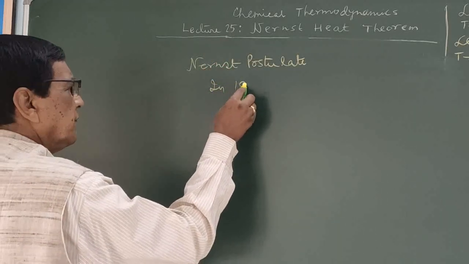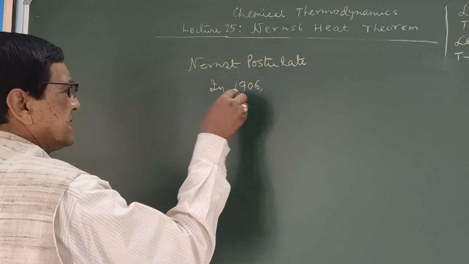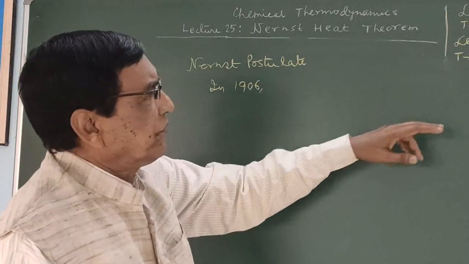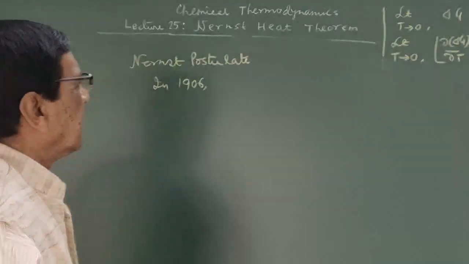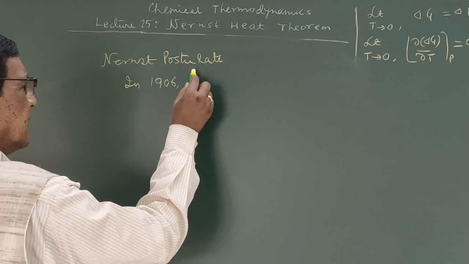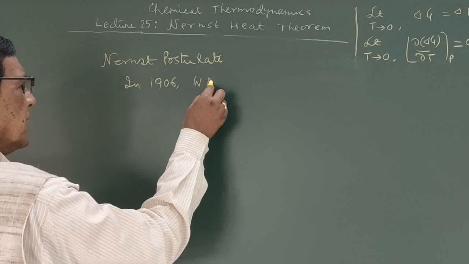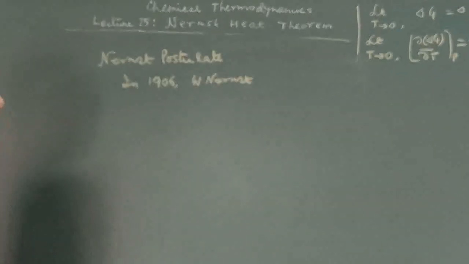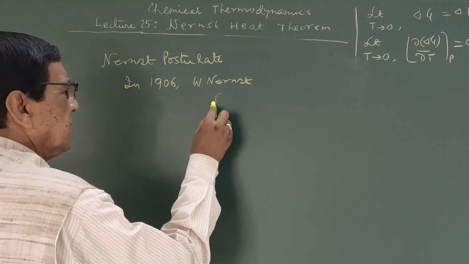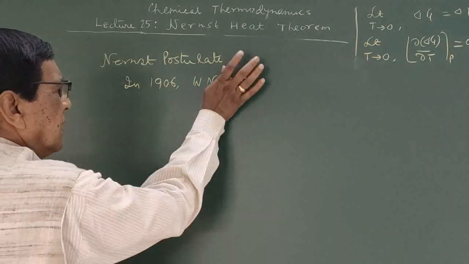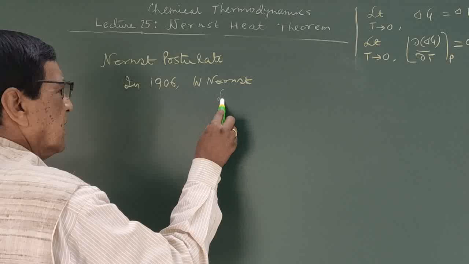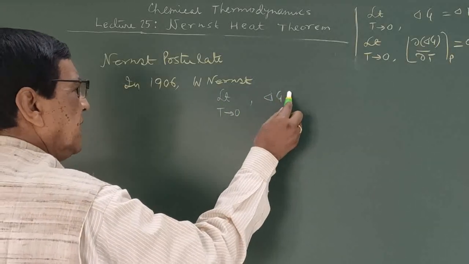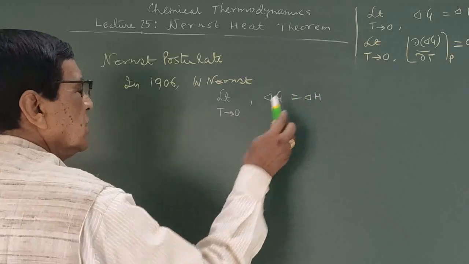In the year 1906, on the basis of the conclusions obtained here, W. Nernst, Walter Nernst, proposed that since limit T tends to 0, delta G equals delta H,